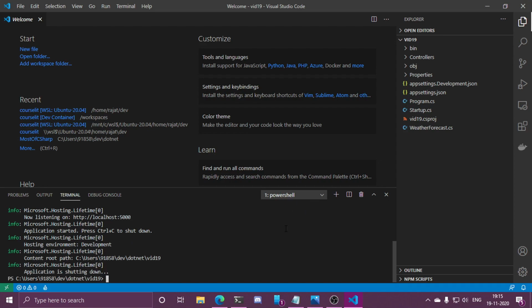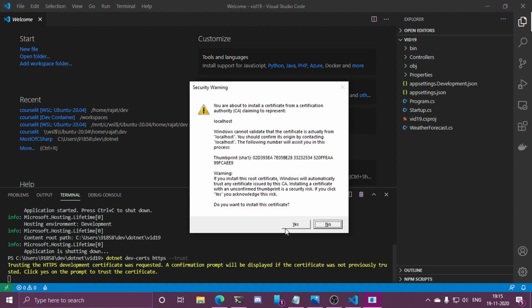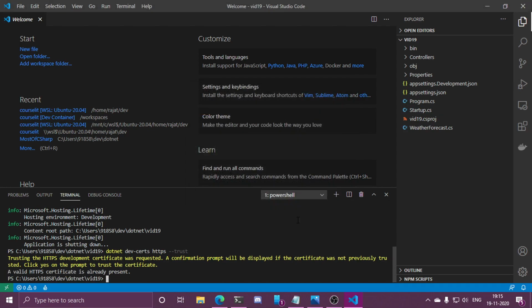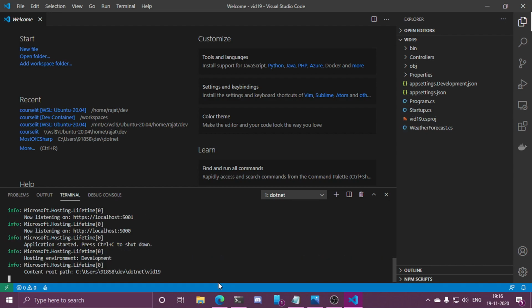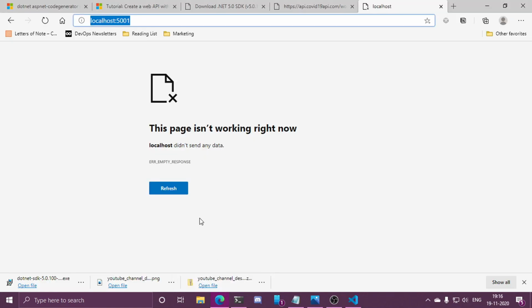So let's shut the server down first, and this is the command: dotnet dev-certs https --trust. So this will install an HTTPS certificate. Okay, and it is already present on my system. So basically I can just go on with my day and dotnet run. But if you are booting .NET for the very first time, you need to install that certificate, otherwise you won't be able to reach the local development server.